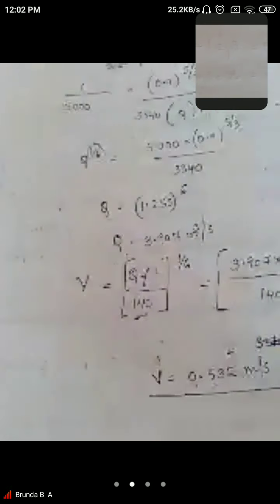So he has given the silt factor. He has told us about the silt factor, but he has nowhere specified the silt concentration. How much silt is going to get concentrated if the water is flowing with a velocity. If the water is flowing with this velocity, he has nowhere specified the value of the silt concentration, how much silt is getting concentrated. These factors are nothing but the drawbacks of Lacey's theory.